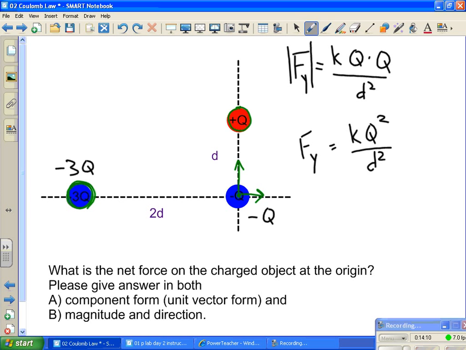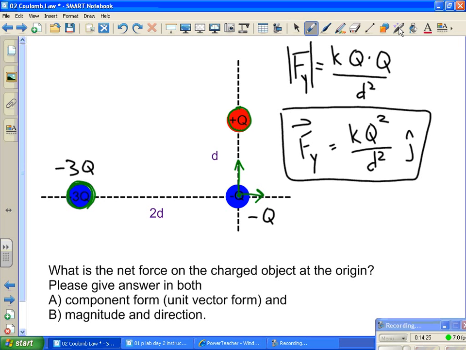And now thinking about direction, I know that that force is up, on the positive y. So now I even have a vector statement about that. So here's the first part of my answer. Second part of my answer, looking at the x-axis,